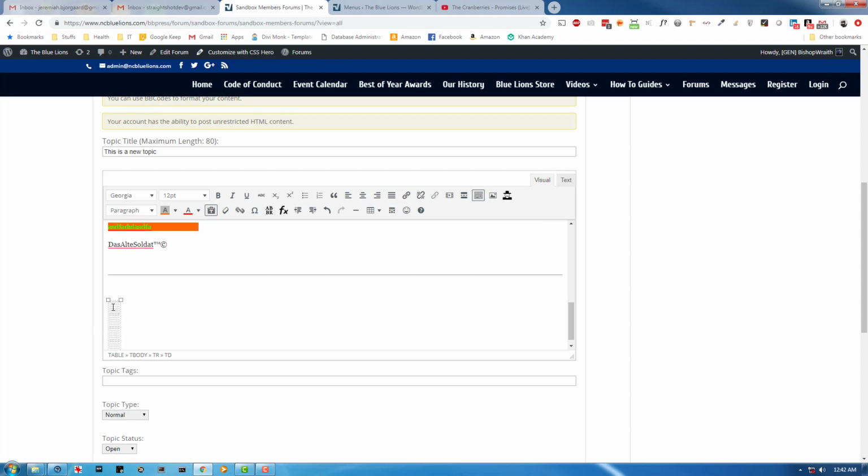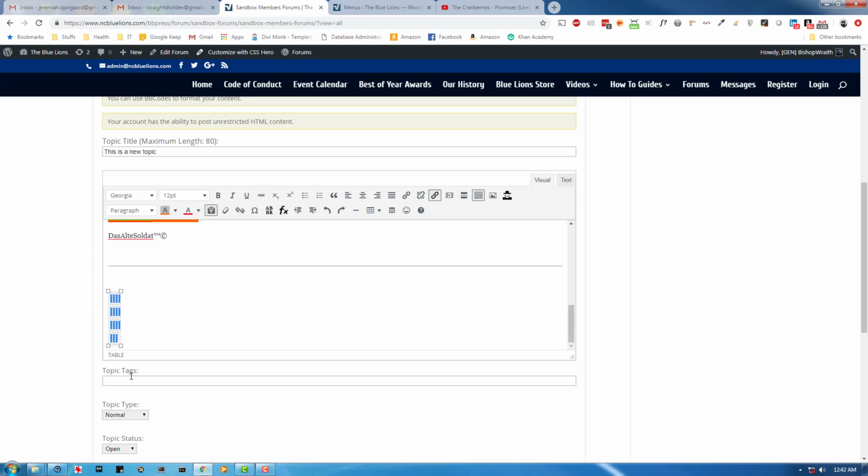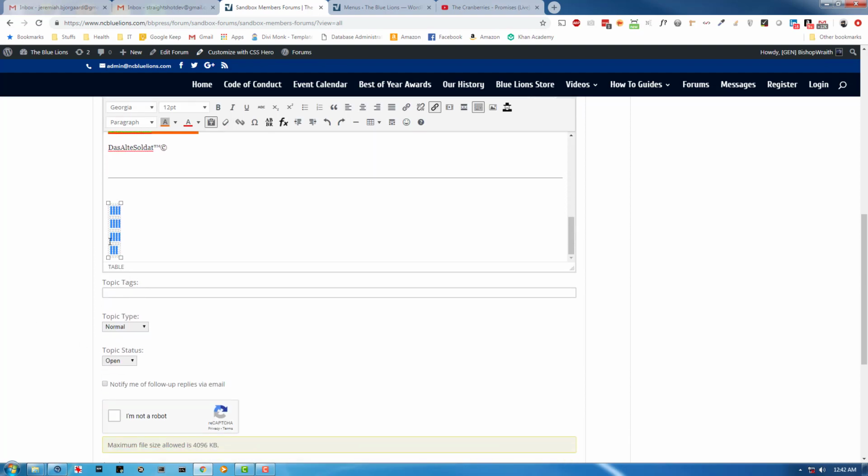Click. This may look confusing now, but what I can do is, that's all highlighted. This is going to be a difficult part, but I'm going to show you how to use a table and how to read it. There we go. Now I can click on an empty part of it, which I got lucky on that time. Yeah, there we go. So you might have to click around a little bit. It keeps trying to highlight everything because it's such a small area, and it might also be a plugin I've got on my Chrome browser that's trying to highlight stuff. But you get into one of these cells, and we'll just say